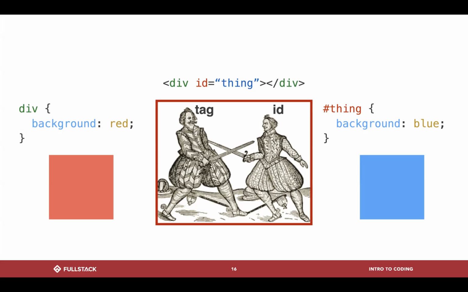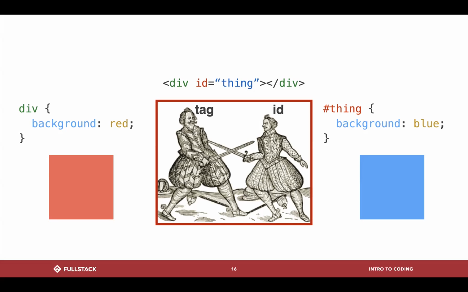The one on the left is trying to apply a background color with a value of red to all div elements. All div elements get a background color of red. That's the first rule. The second rule says this element with an ID of thing gets a background color of blue, right? So here we have on the HTML element, we have both things